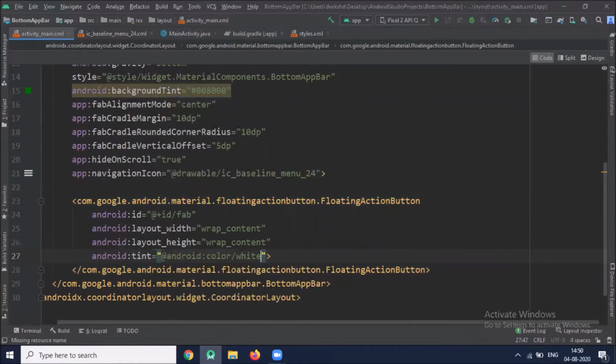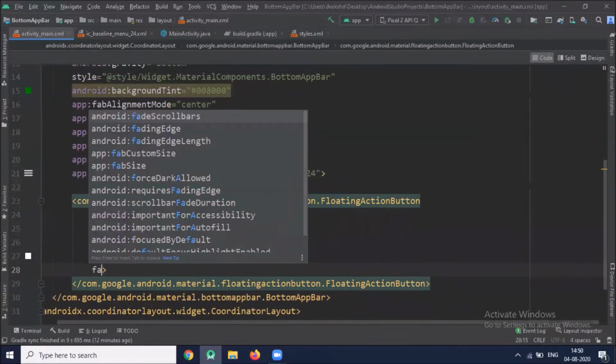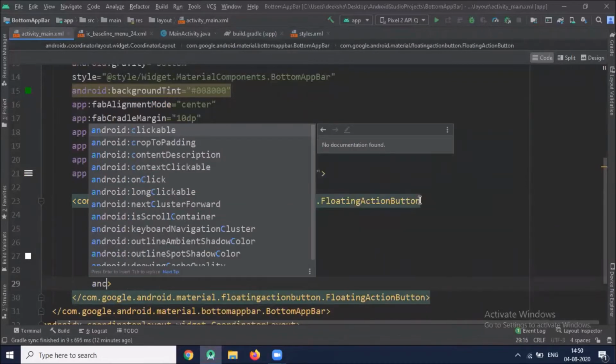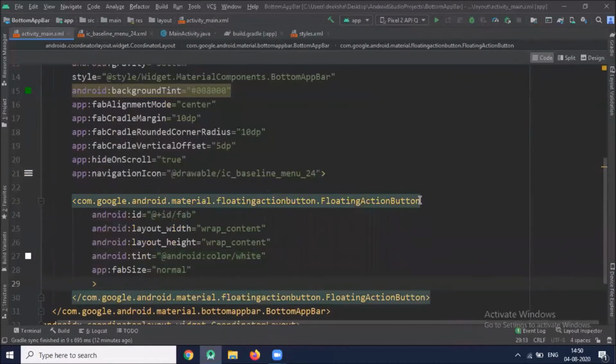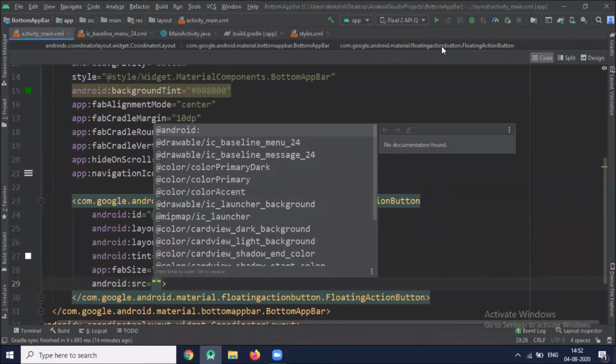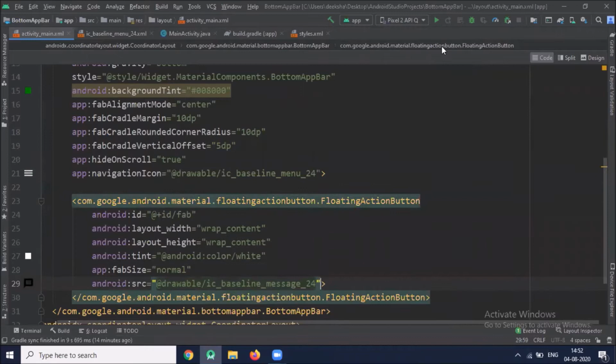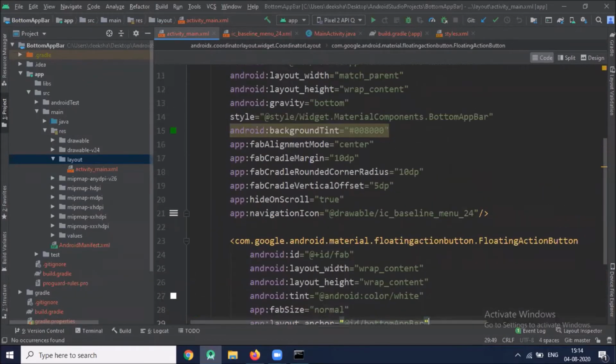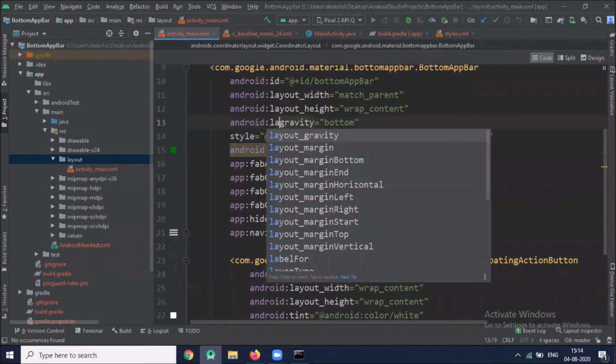We use white. I've already created the vector for the floating action button. I will change layout gravity.